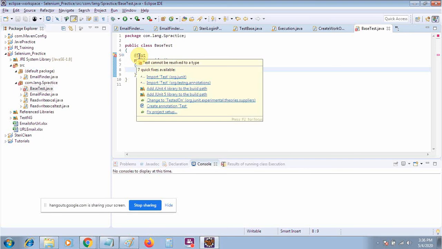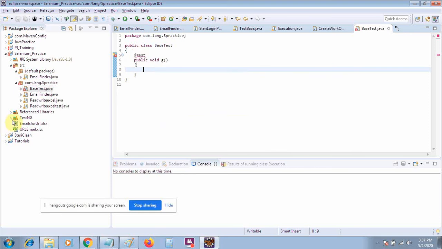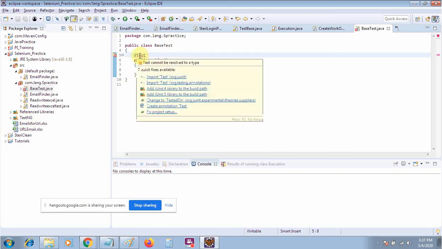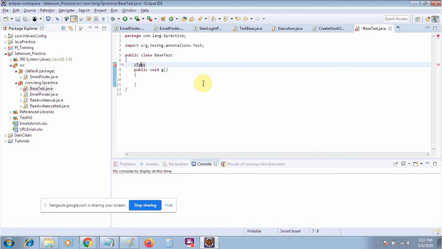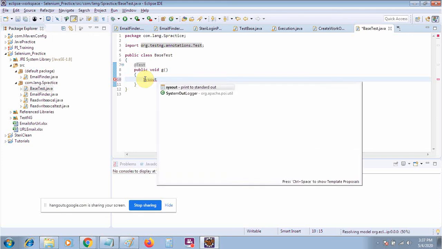You need to hover over it. You will get an option like import TestNG, and you will also get some options to add the TestNG libraries. I have already added the TestNG libraries. First of all, you have to add the TestNG libraries. Always remember, you do not need to add JUnit. You have to use the Test New Generation, meaning TestNG, and again whenever you hover over it, you will get an option where the package will be org.testng.annotations. Always remember, you have to import this one. And you can write any code over here.